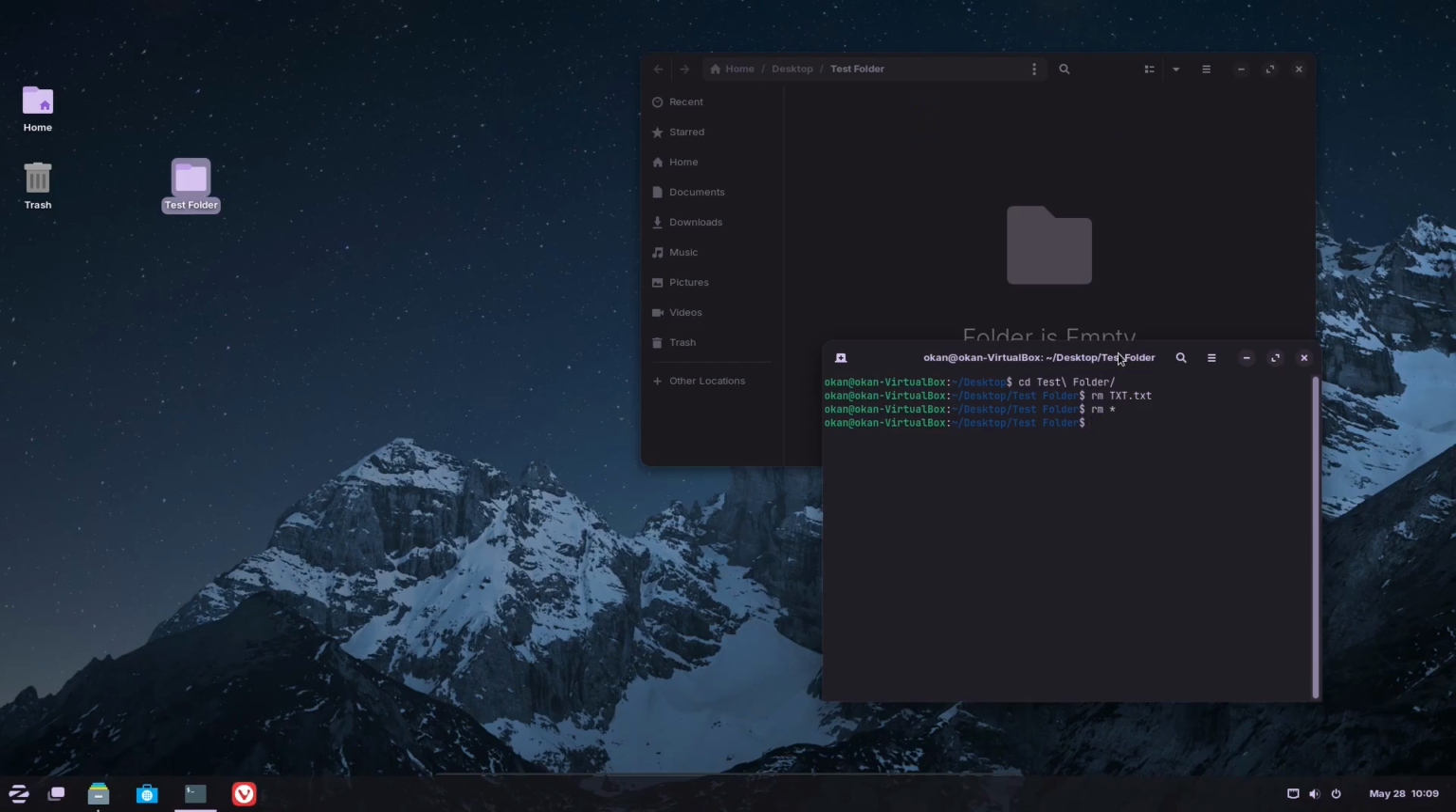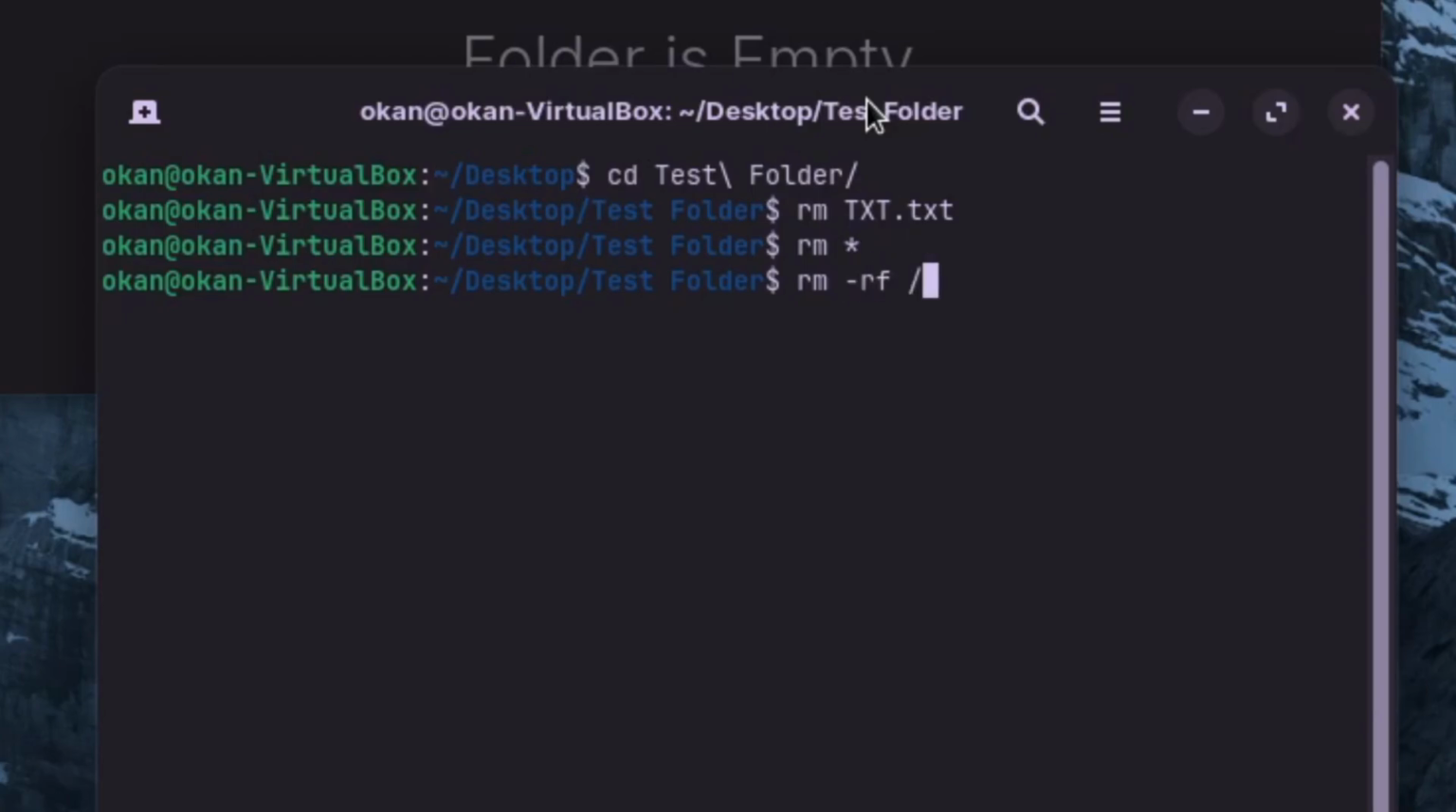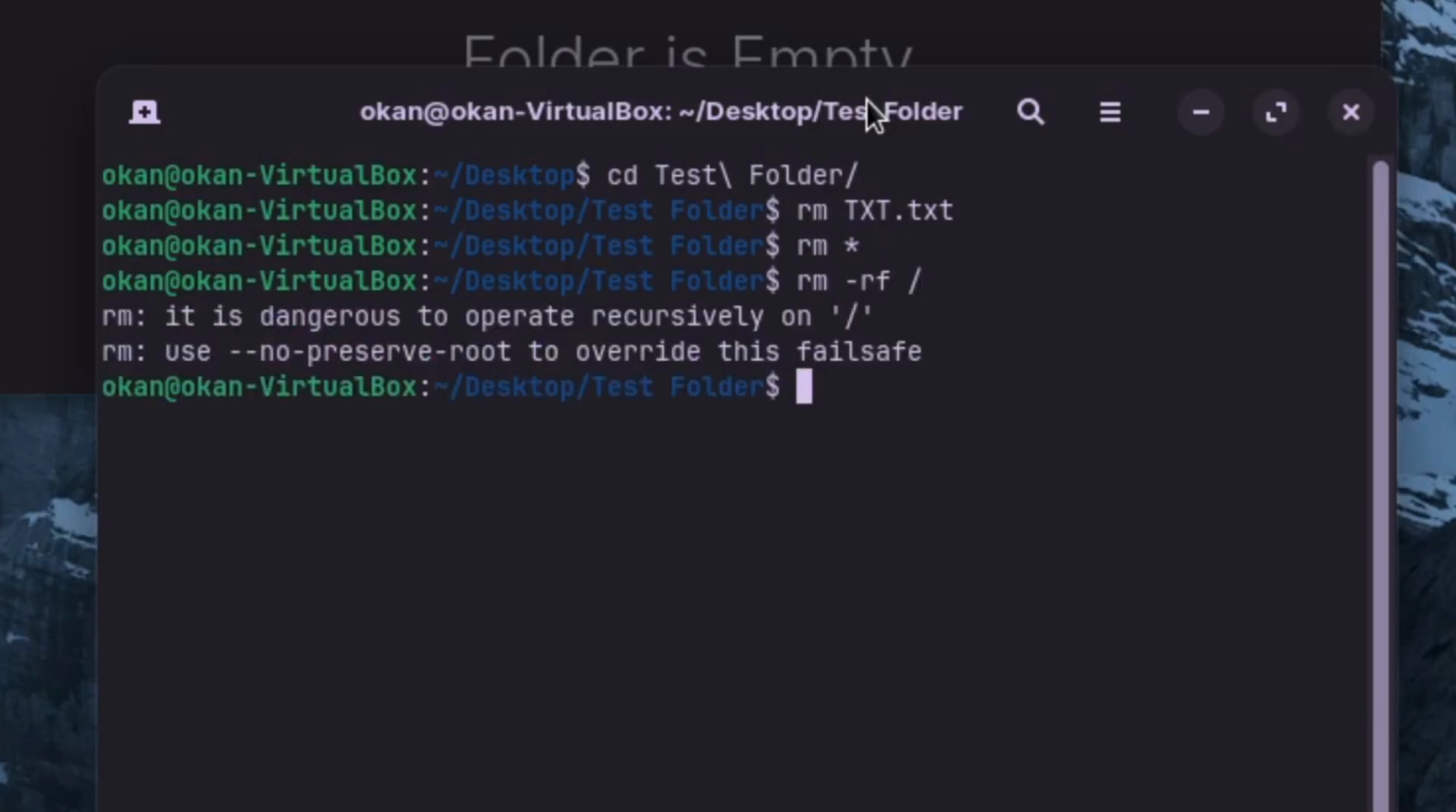If you want to delete everything in this system, what is the command? rm space rf slash. Permission denied because this command is dangerous. If you want to try this, use no preserve root to override this failsafe,